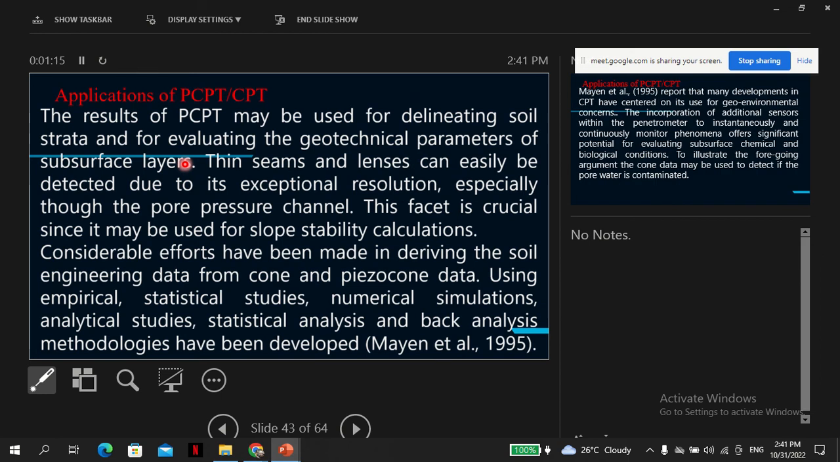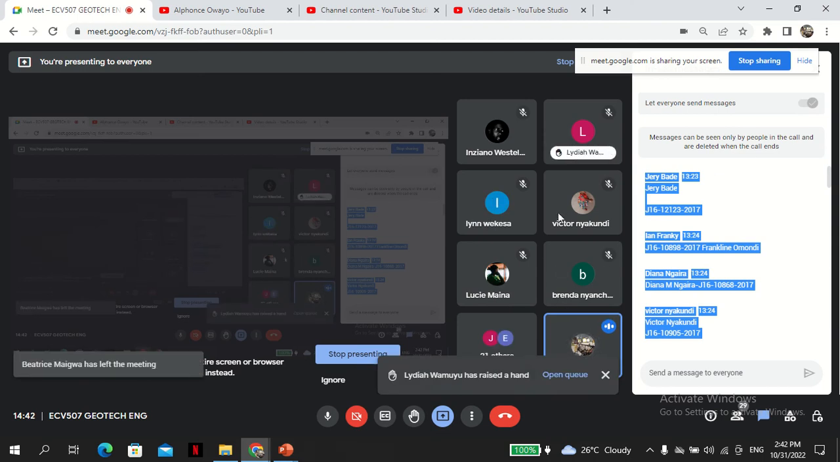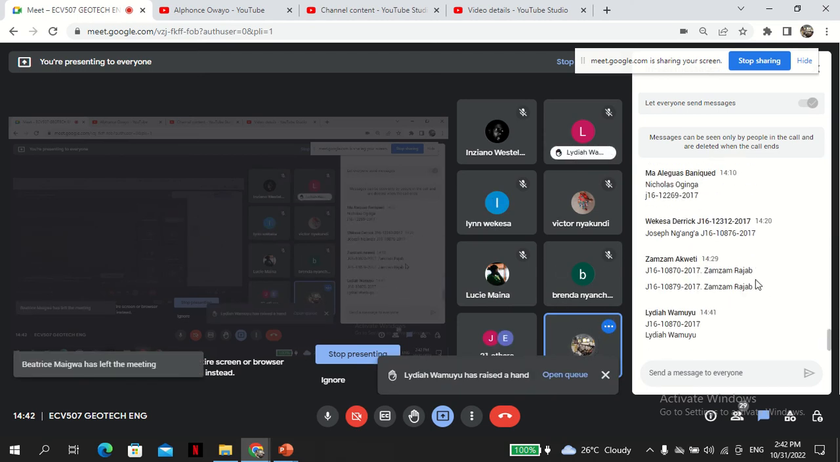Actually, this can be used even to, because normally in the soil layer there are some thin layers. For example, if you have 10 meters of clay, hard clay or stiff clay, then you go another 20 meters of soft clay. If for some reason there's a thin layer of sand, a thin lens, we call them lenses, it's typically very difficult